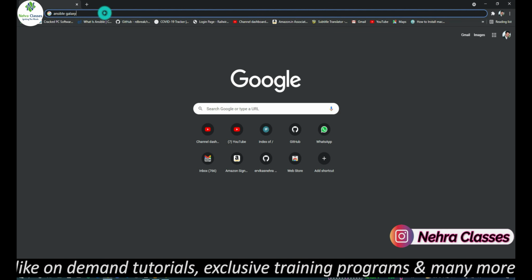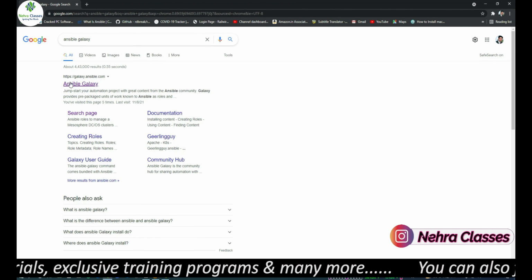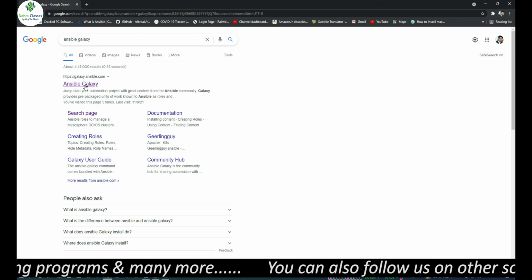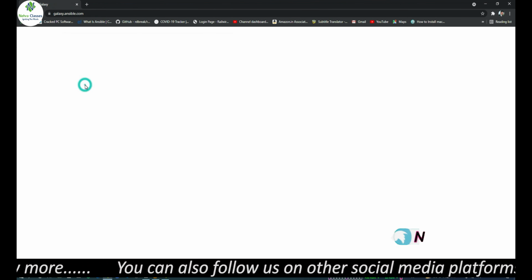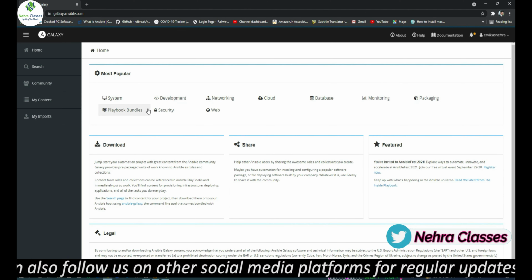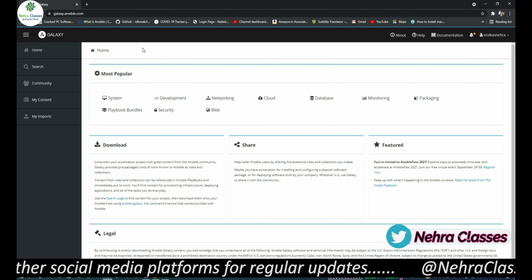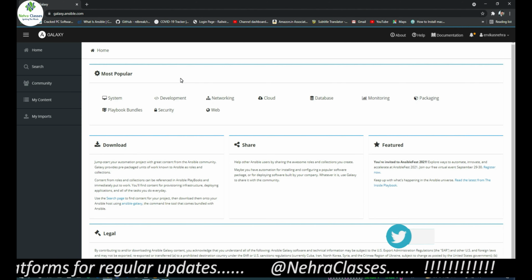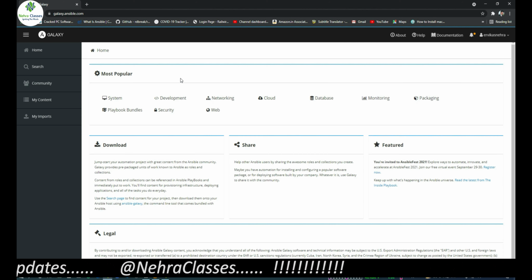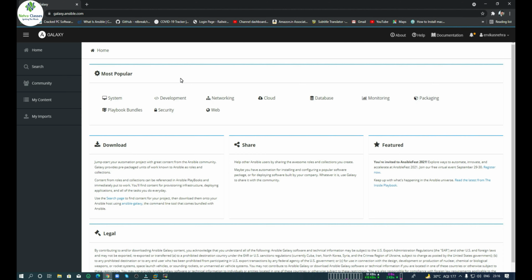If I write Ansible Galaxy on Google, then it will show me the link for the Ansible Galaxy website. As soon as I click this link, I will be redirected to galaxy.ansible.com, and this is the website which is responsible for containing the roles. This website is called Ansible Galaxy. So Ansible Galaxy gives greater visibility to Ansible's most exciting features such as application installment or reusable roles for several configurations. Lots of people share roles in Ansible Galaxy, and here I have already shared one role.